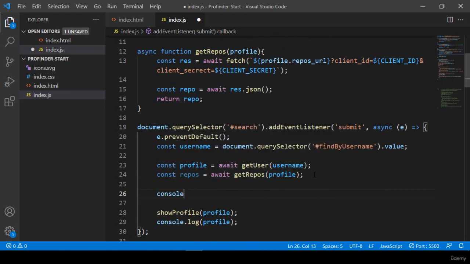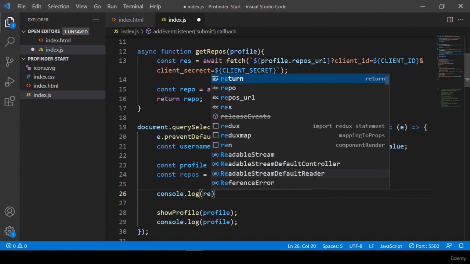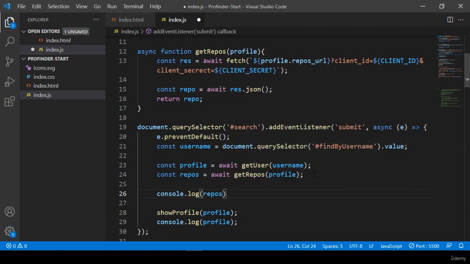Now if you want to check repos, you can check it with console.log. I want to check first whether it perfectly gets all the repositories of this user or not. Here I want to pass repos. Now let's check this out. If you now click save all,